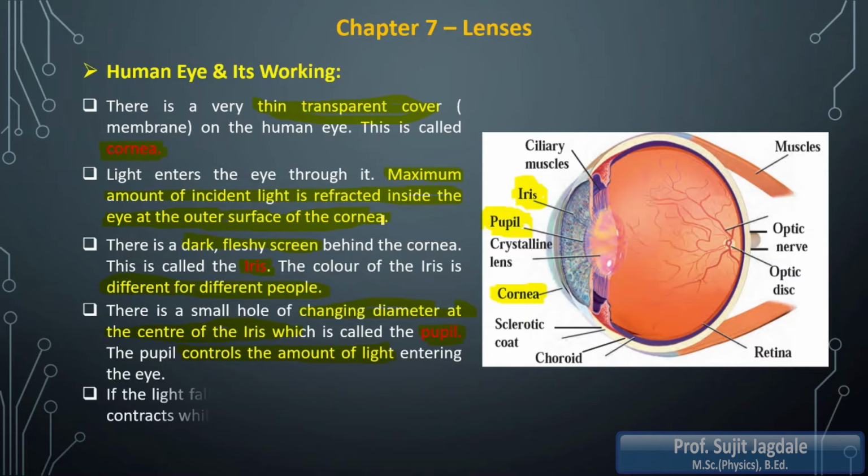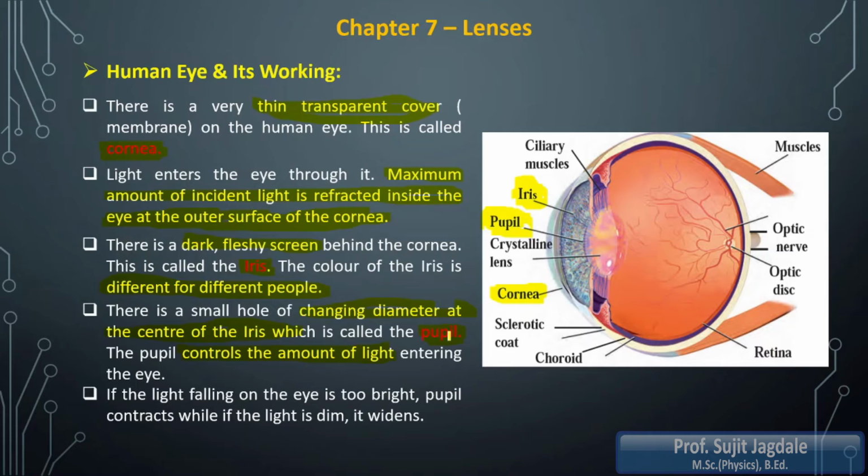Now if the light falling on the eye is too bright, that means a very large amount of light is refracted through the cornea, then in that case the pupil contracts. That means its diameter decreases, and only the required amount of light will pass through the pupil into the eye. Or if light is very dim, that means a very low amount of light is present, then in that case it widens.